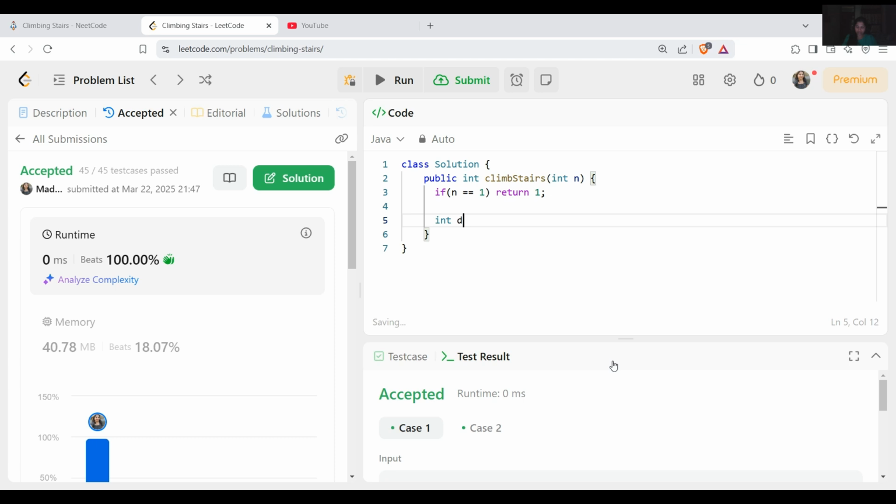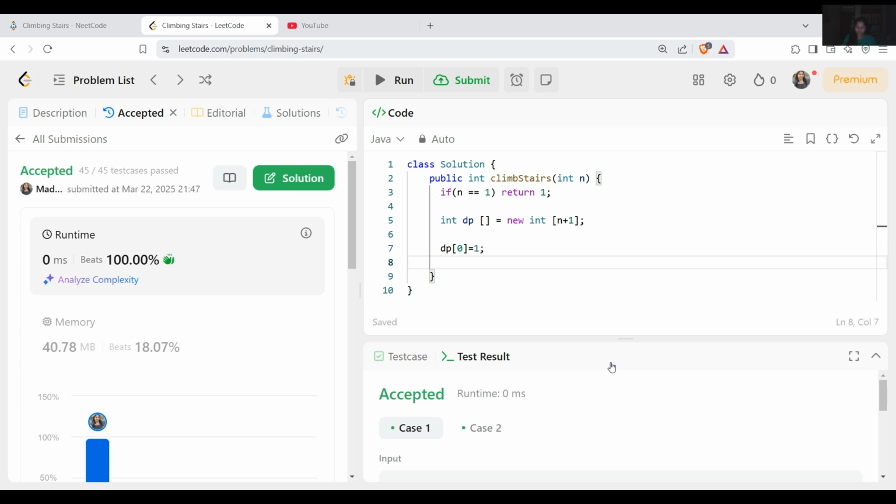We will make the same dp array which we did there, and we'll keep one extra space for that, that is n plus 1. After that we will keep the values: if dp is 0, the value will be 1, and if dp is 1, the value is again 1 only, which we did in the if-else condition.